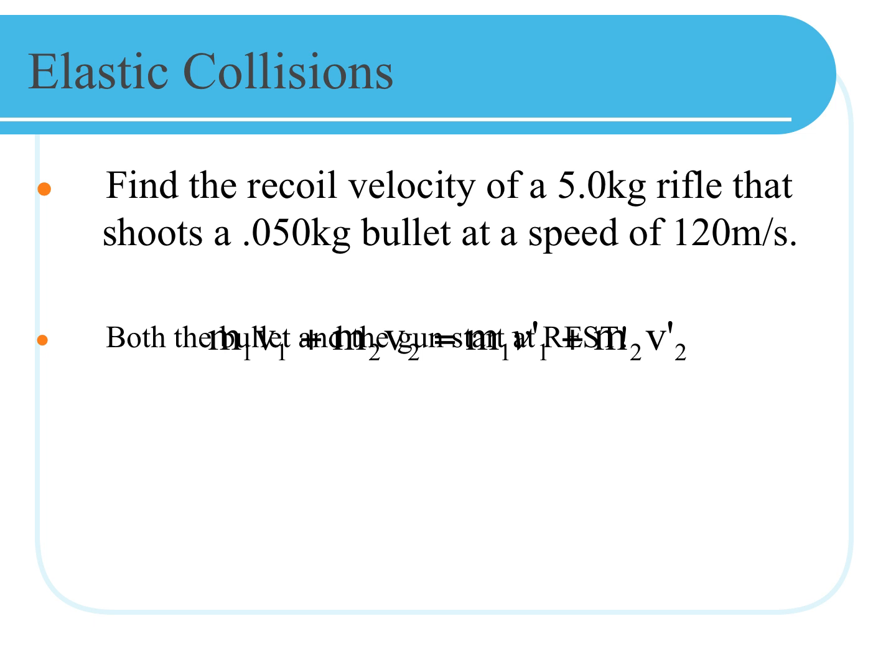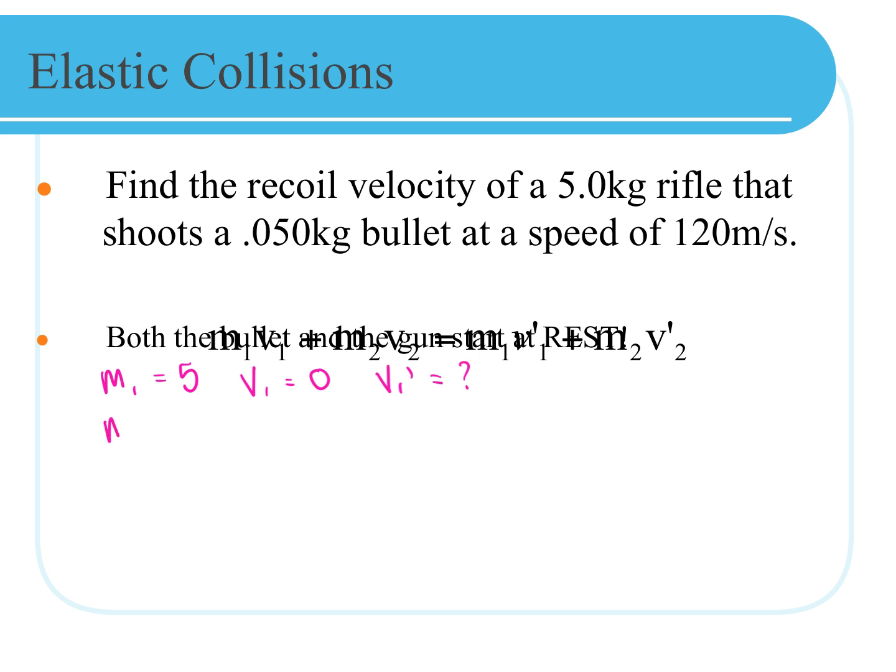So I want you to start laying out and being really organized through these problems. I'm going to go ahead and lay out each object individually. So I'm going to make the rifle object 1. So M1 is equal to 5. V1, what's the velocity of the rifle before the trigger? 0, right? So this is 0. V1 prime is what we're solving for, right? We don't know the velocity of the gun after the trigger. You know what I mean when I say recoil velocity? What's that mean? Like the kickback, right? It's going to kick back towards you, right? When you fire a gun, bullet goes forward, gun goes backward.